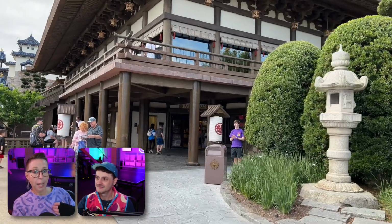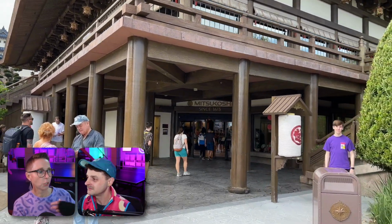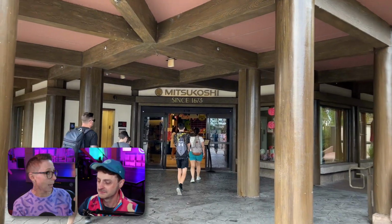And I get it, if your kids are super, super little, unless you want to be doing all the stuff yourself and then just pointing at the stuff that happens, it's a little involved, I guess. You've got to be willing to commit to it. It's true, it requires patience. Yes, and almost always I've ended up having to ask a cast member about something. But it is cool because